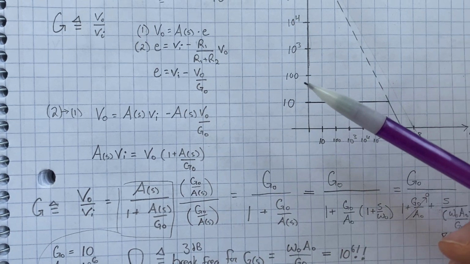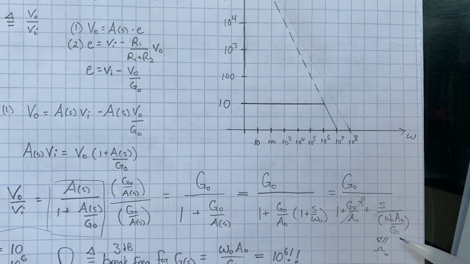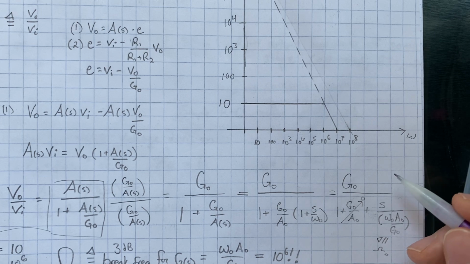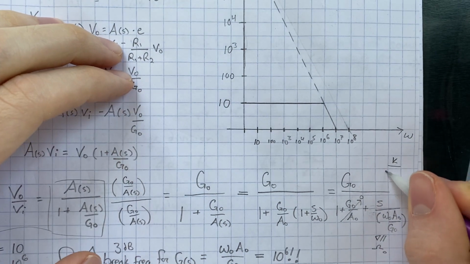And what we notice is that if G naught is 10 and A naught is 1,000,000, we can just ignore this term completely. What we're left with is another standard transfer function form of some constant over